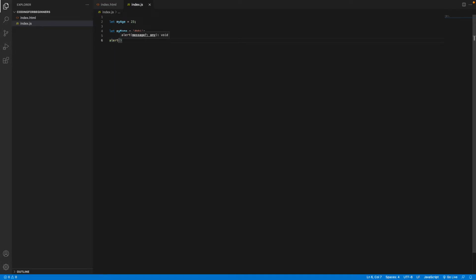And what I can do is say alert. I already told you what alert is. In alert you can write my age. So we are calling this my age, and you can write this plus. It's an operator. If you want to show two values in one method, you have to use this operator. And then you can write some string inside it, like my age, and then you can write and